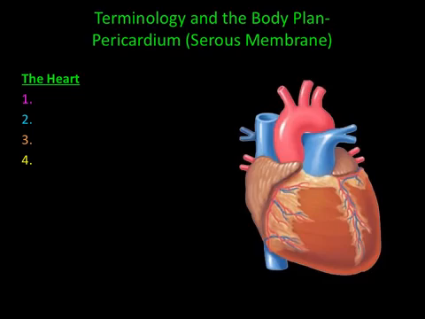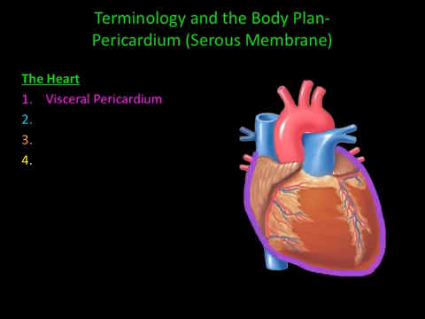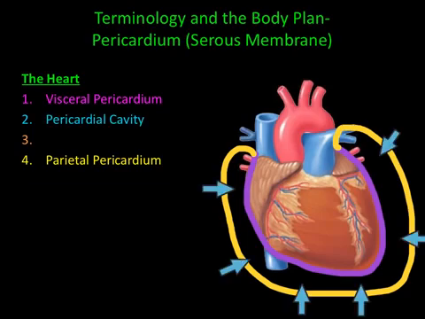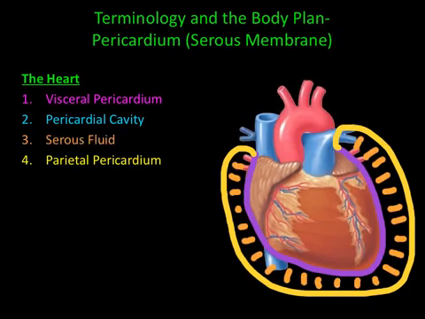Let's take a look at the serous membrane that surrounds the heart, called the pericardium. There are four parts to the pericardium. The first part is called the visceral pericardium, or the membrane that touches the heart itself. The second part is the parietal pericardium, which is the outermost membrane of the heart. In between the visceral and parietal pericardium is the pericardial cavity, and within the pericardial cavity you have serous fluid